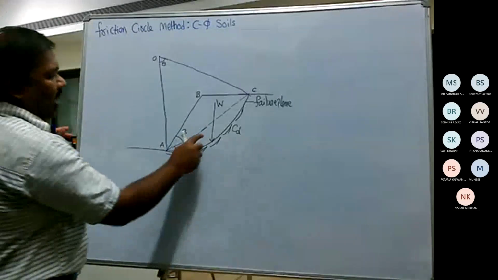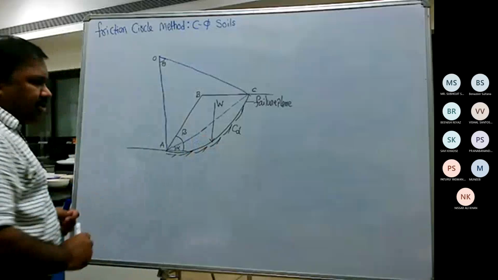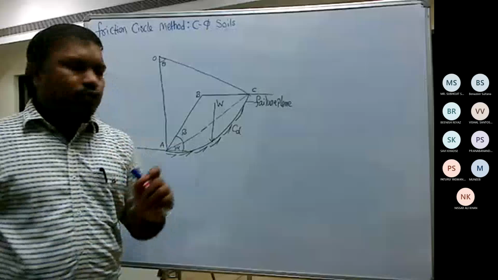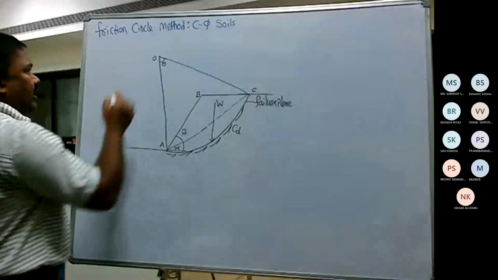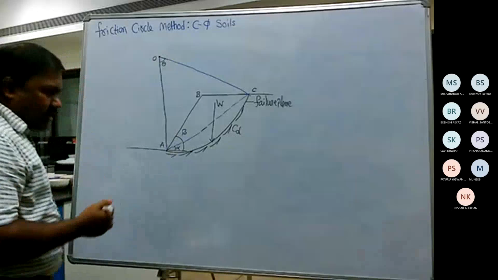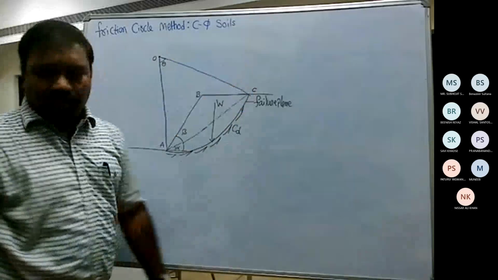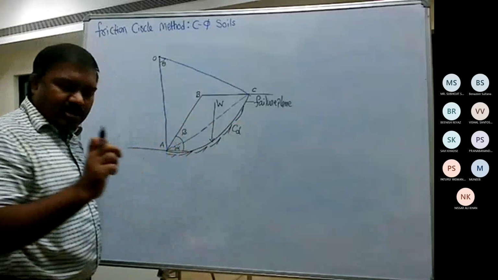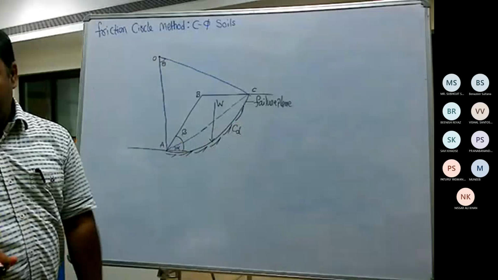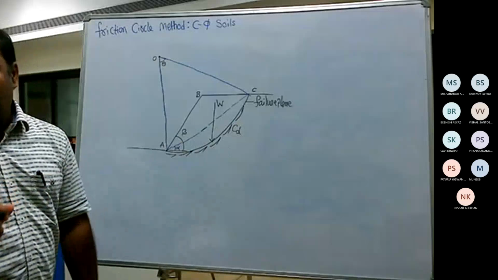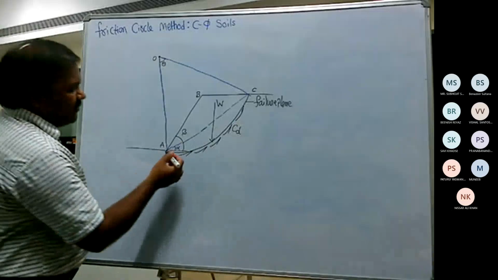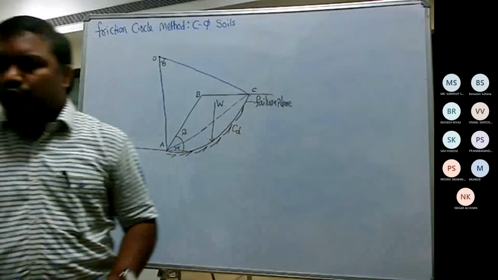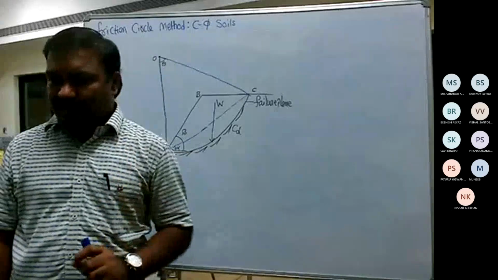Now, having understood this, the additional concept that evolved to solve this problem is at the center of the circle. If you look at all the previous analyses, as I told, we have taken only one critical slip circle for which the factor of safety is the least. It is an assumed one, so in reality, it may not be. But suppose I take so many circles, that means I have so many centers of the circles.